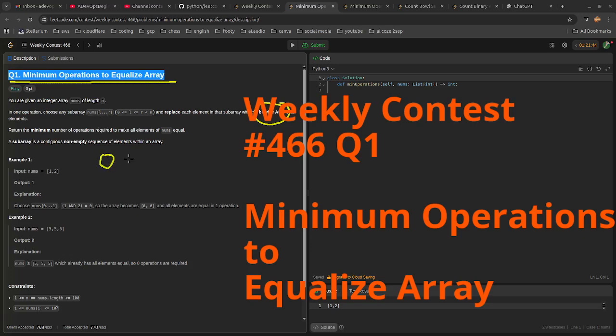left as 0 and right as n, so we can cover the whole array. We replace it with the same number, so they will all be equal. The only case is if they are already equal, then no operation is needed. So the only possible answer will be 0 or 1,